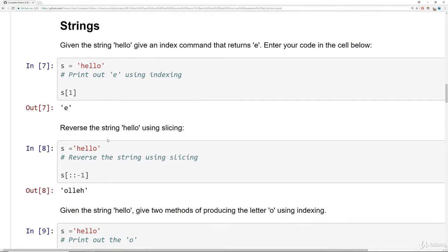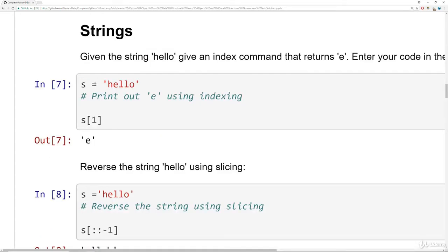Next up were the strings questions. So for this one, given the string hello, we wanted you to list out the index commands to grab the letter E. So in this case, if we just count over from 0, let's zoom in one more level so we can clearly see this here. So 0 is at H, that means E is at 1, so we just had to say S of 1